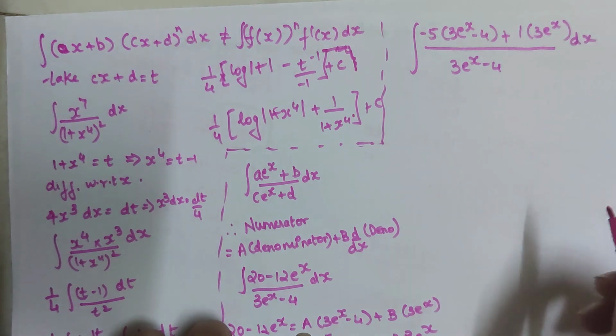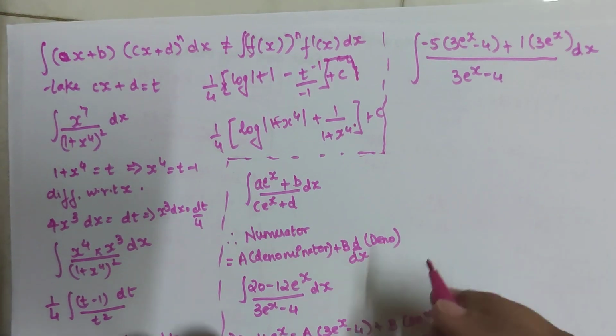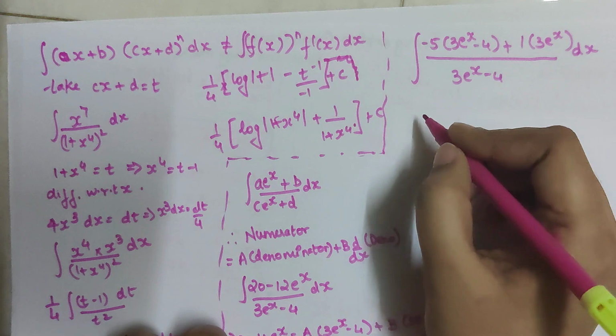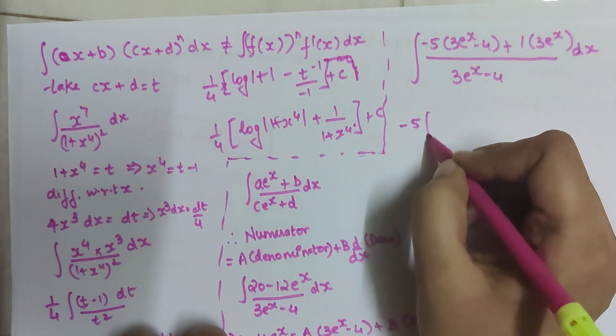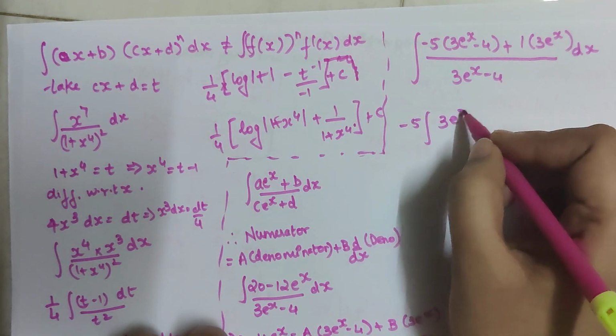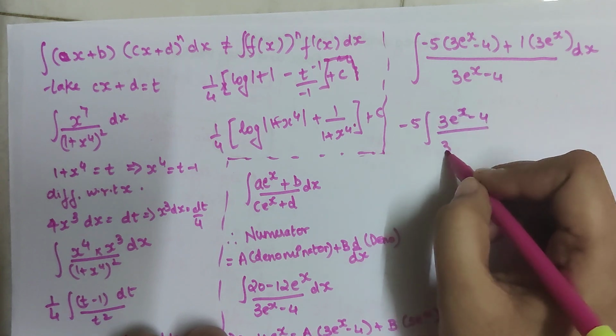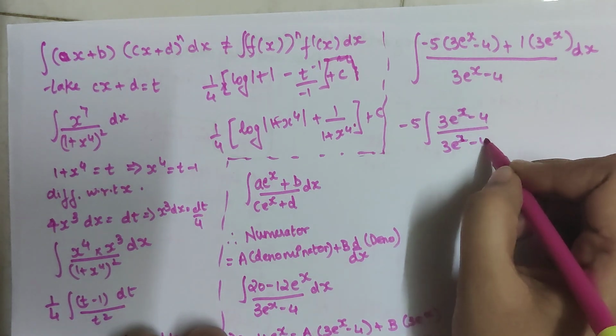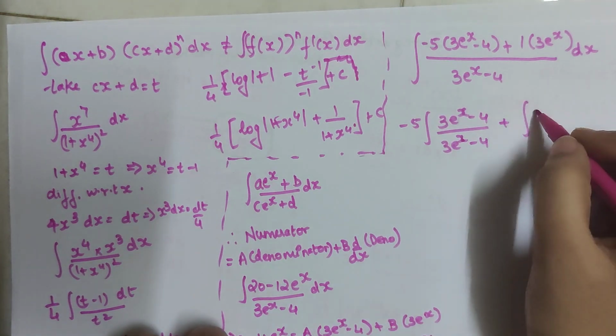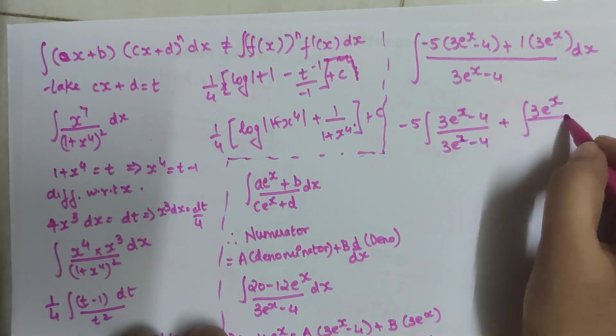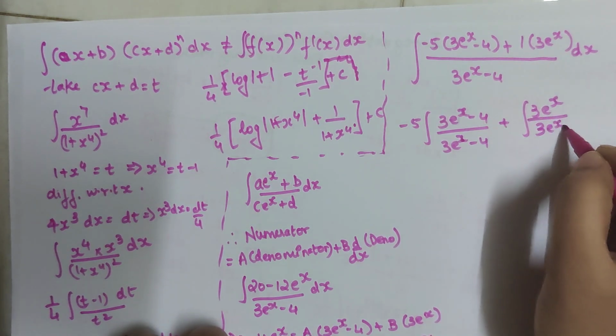The whole is obviously integrated with respect to x. So now let's split it. I'll write minus 5 outside, 3 e raised to x minus 4 upon 3 e raised to x minus 4, plus integration of 3 e raised to x upon 3 e raised to x minus 4